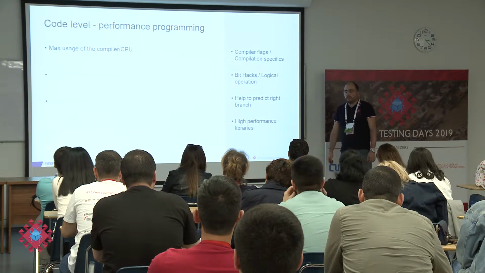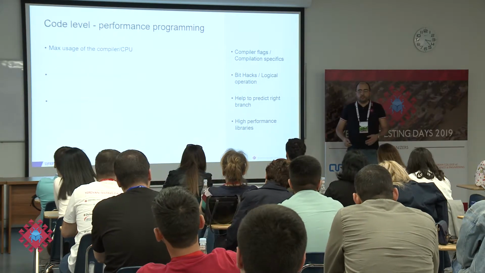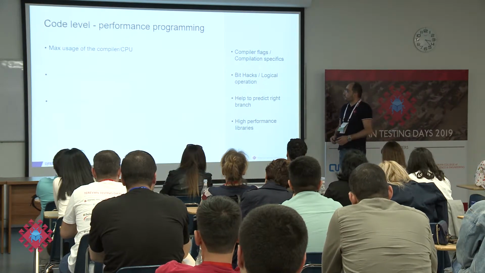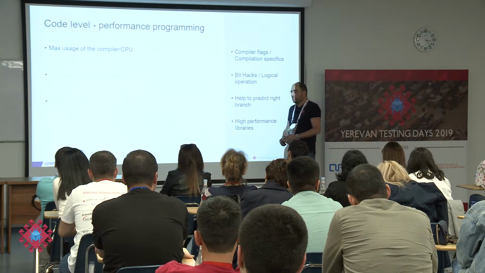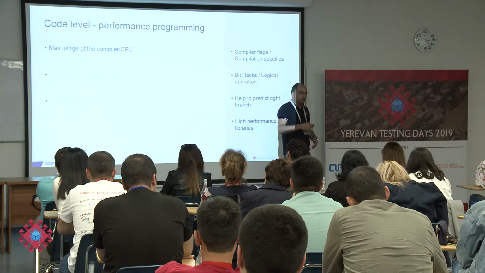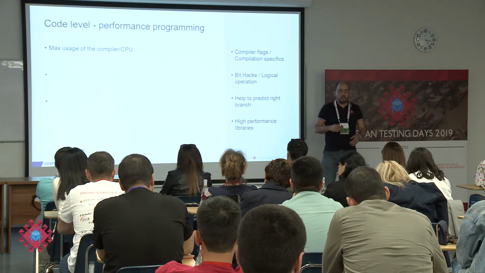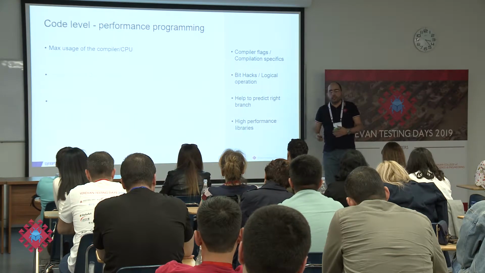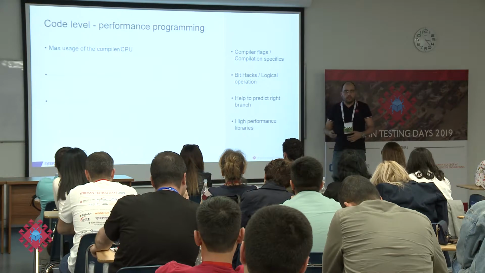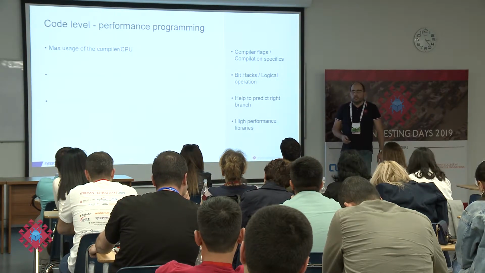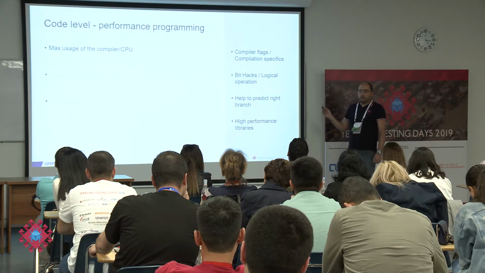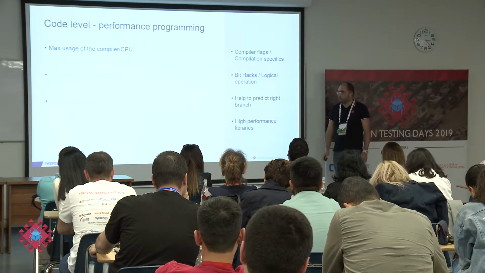The compiler has a lot of options to compile, and also compilation specifics, right? You can compile your code for some particular specific hardware. You can compile it as something which can be portable from hardware to hardware. There are a lot of options here, but these definitely affect performance.